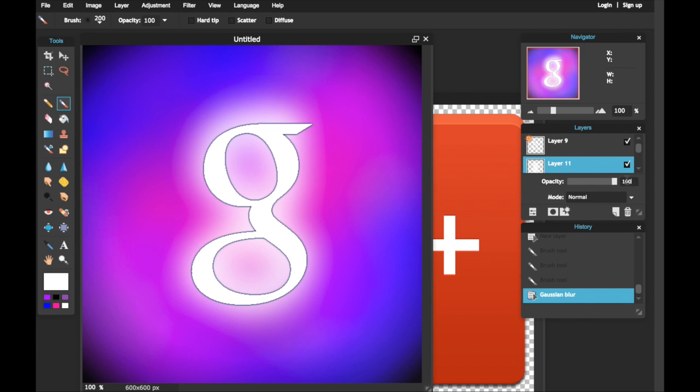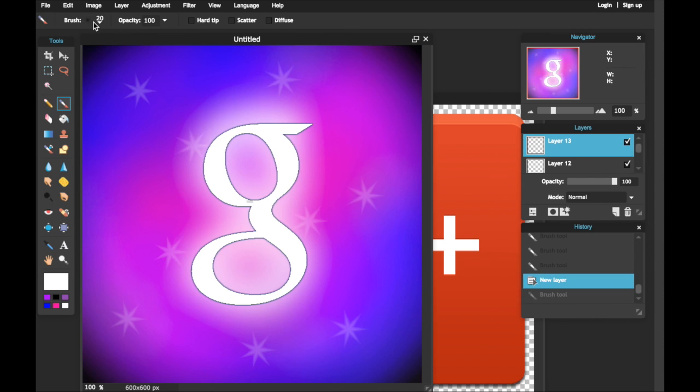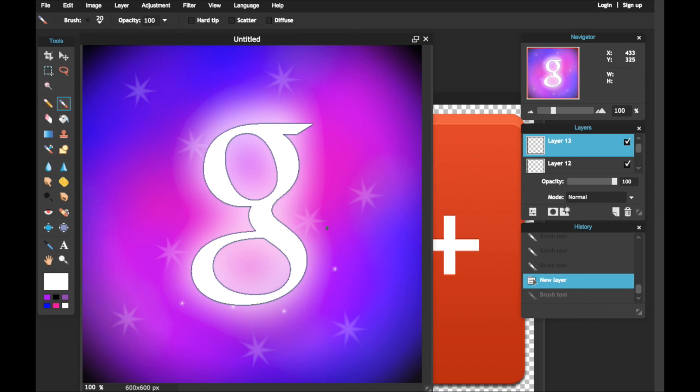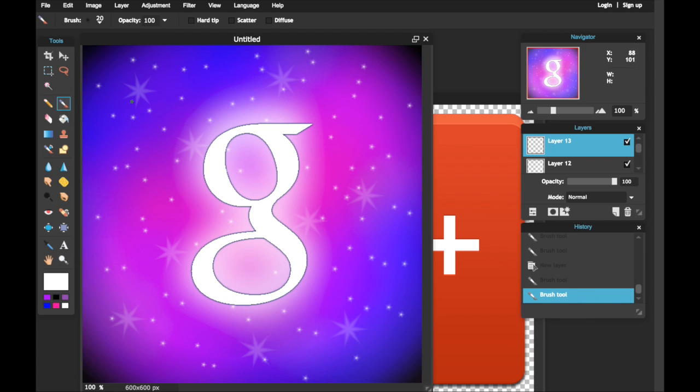We can turn down the opacity, and you can do whatever you want. If you like it that white, then you can keep it that way. Also, don't pay attention to the big stars I put in here because I'm just gonna get rid of that because it ends up looking better without them. And so now that we have the little stars,